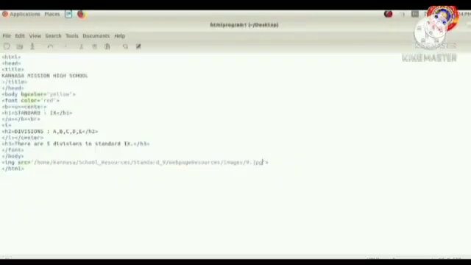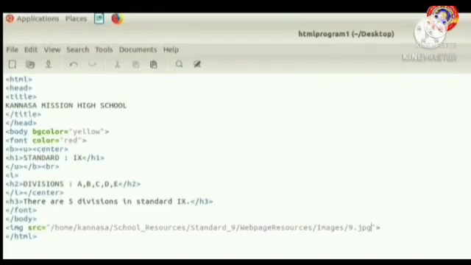For that also we have certain attributes. Let's see. So inside this image tag, after the path, that is after the double quotes, we have to give the specifications, that is the width and height of the image.